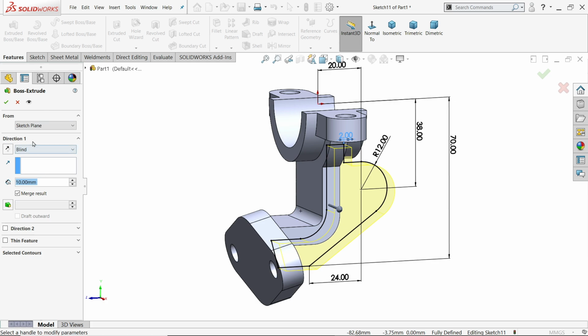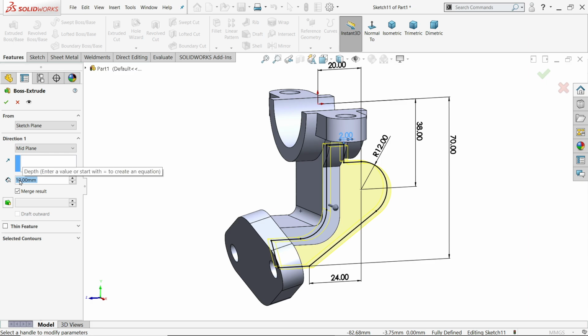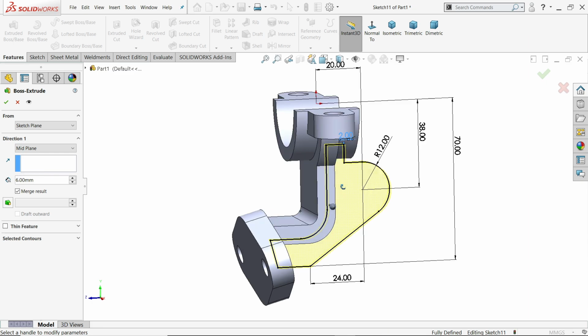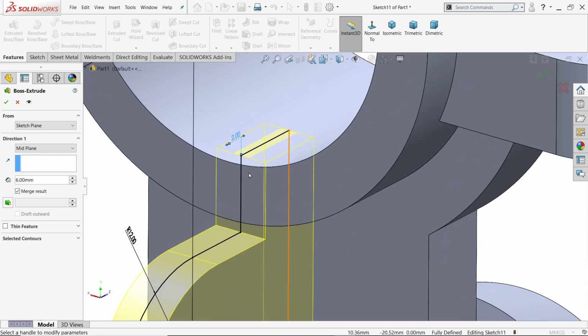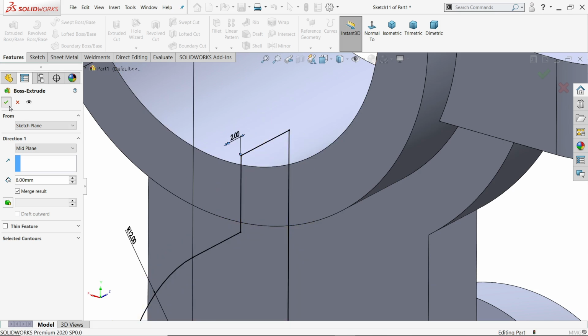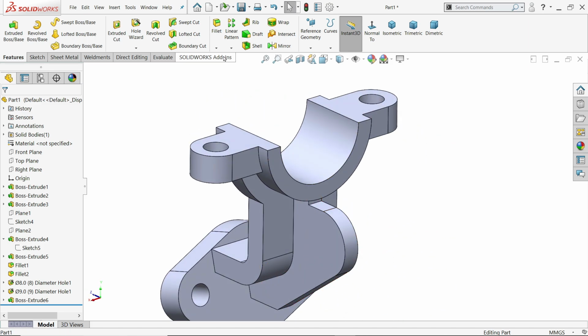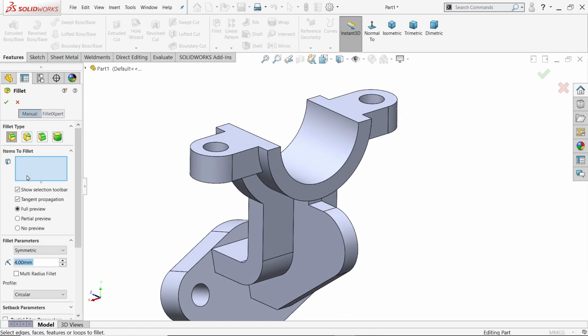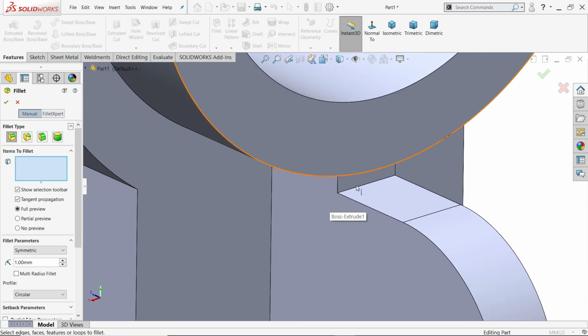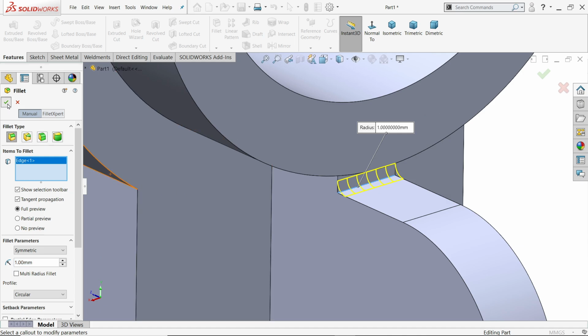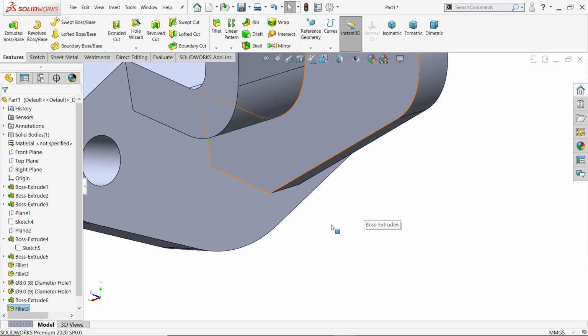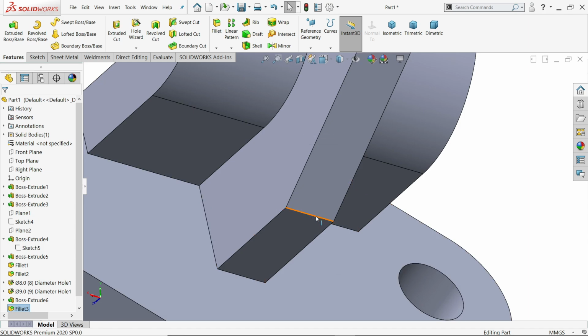Extrude. Keep plane, end condition I'll choose mid plane, and depth or thickness 6 millimeter. If you see, it's going to move in both sides. Say yes. Look, fillet, constant size fillet. Here choose radius 1 millimeter because this inside radius is 1 millimeter. Now this one, fillet.